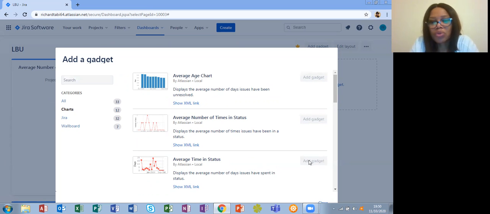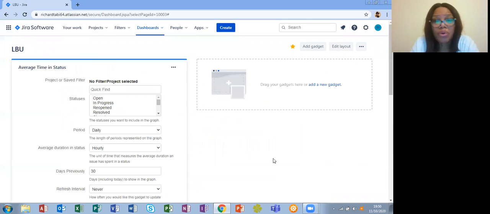That is what you would do if that was a gadget you needed. Okay, now you can come out of here. There you go. So there you go. You've created a dashboard. Now, what tends to happen with these dashboards is that, take for example, you have your